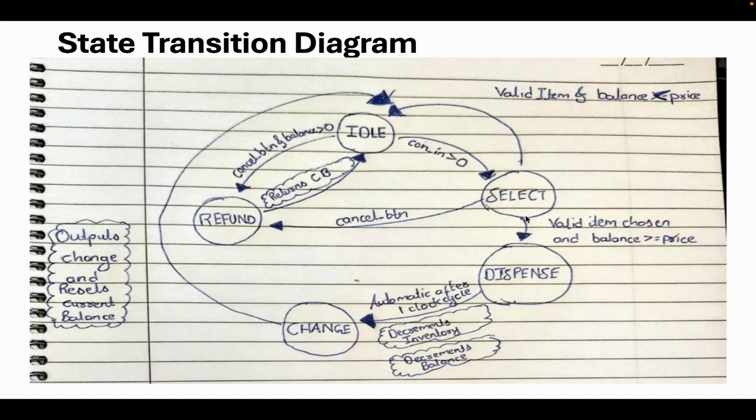Now, once I have selected the valid stage, that means I have chosen a valid item, either chips or something, and my balance is also greater than the product price, I will go to the dispense phase. In this dispense phase, automatically after one clock cycle, it will decrement the inventory. Means, if I have taken chips, my inventory is something. What is inventory? First of all, inventory is